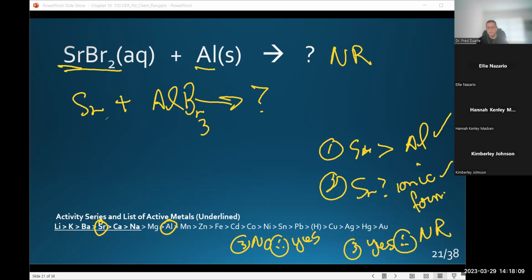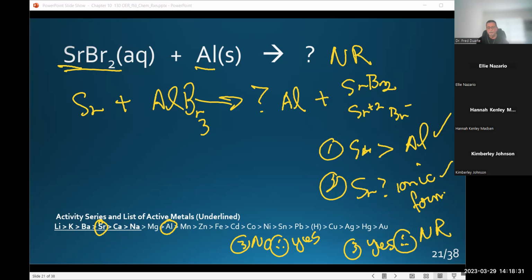So there's an exchange of partners here. So aluminum will go into aluminum elemental, and then we put together Sr, which is a +2, and Br, which is a -1. So we get SrBr2, okay,